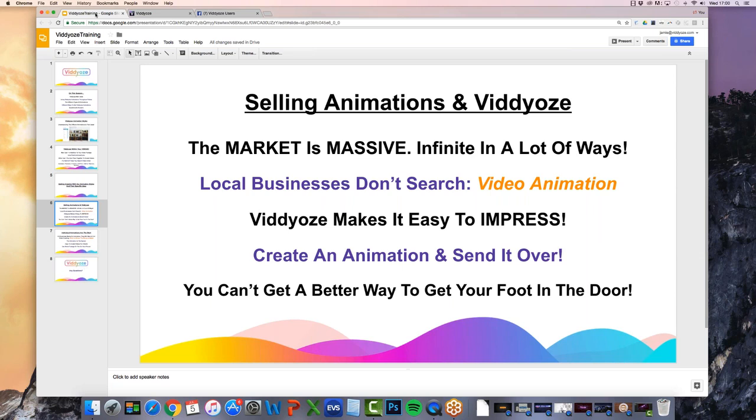There is nothing in it. You could improve it. Go into Viddyoze, grab a restaurant style template, pop their logo on it, which you could grab from their website easily, and send it to them. Or if you don't want to do that, just put any random logo in it, your logo, a placeholder logo, and send it to them. Show them, look, this is what I can create. Are you interested if I create some of these for you?